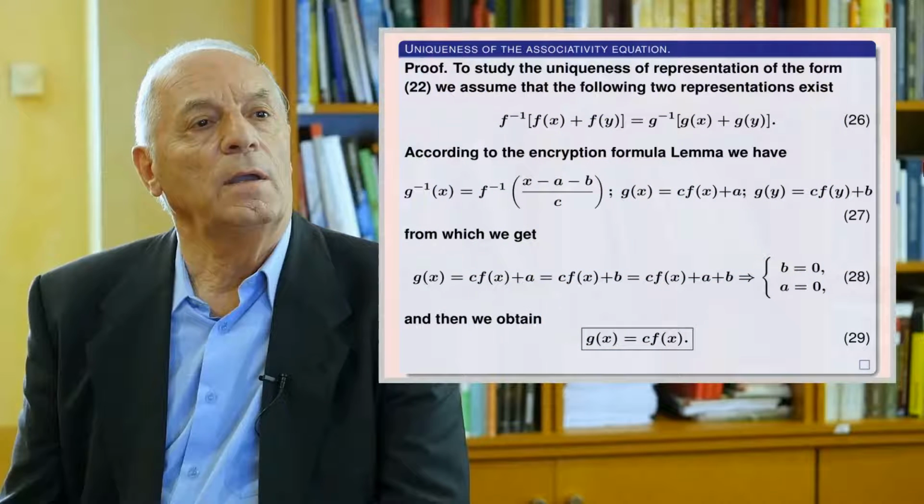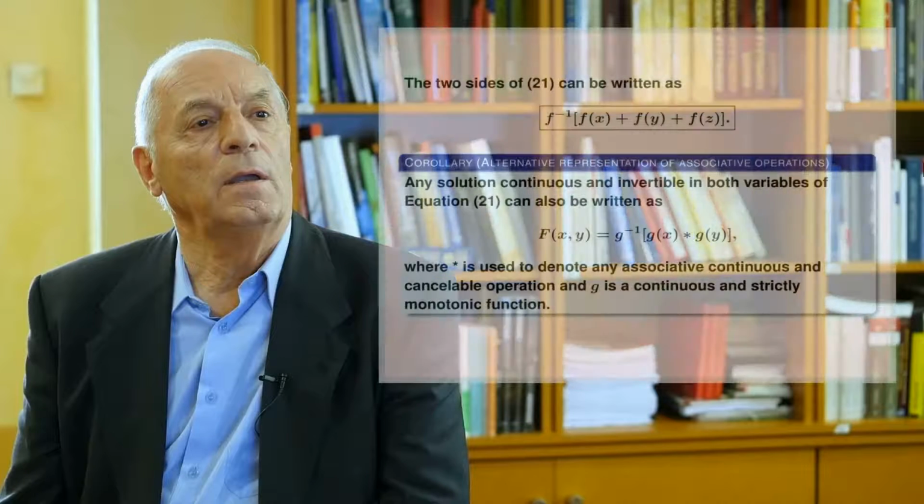Since we know that any associative operation is associated with a monotone function, we can ask about the uniqueness of this function. In this transparency, we answer this question in the negative sense, but we identify all functions giving the same associative operation, which must be related by a constant factor c.